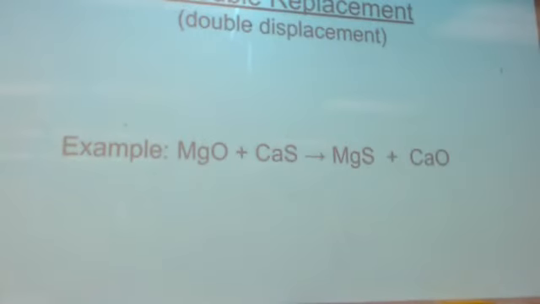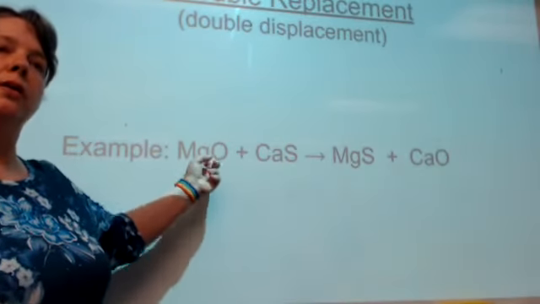Double replacement or double displacement. What do you notice about this reaction in terms of patterns? We were talking about elements and compounds in the last one. So what types of reactants and products are in the double replacement reaction? Yeah, there's two reactants, but they are both